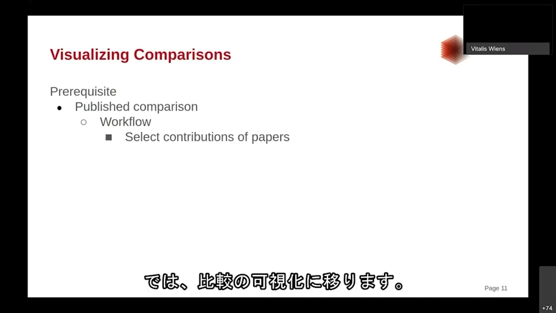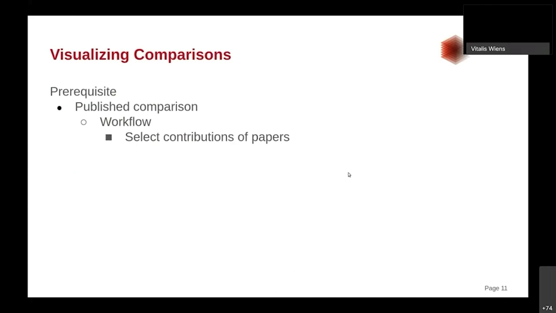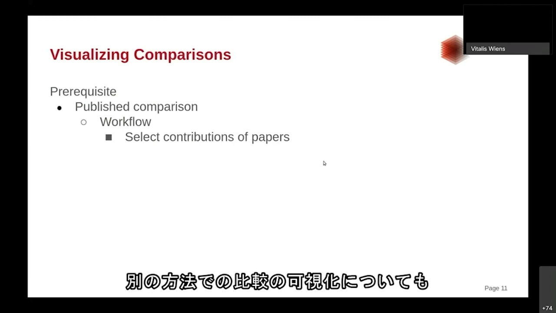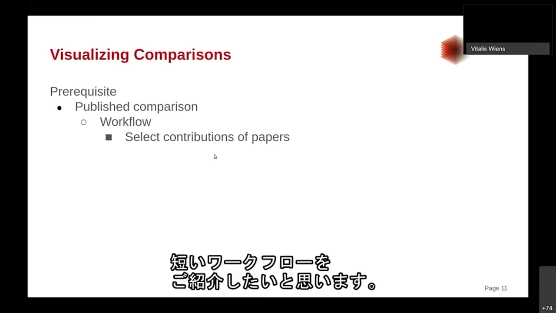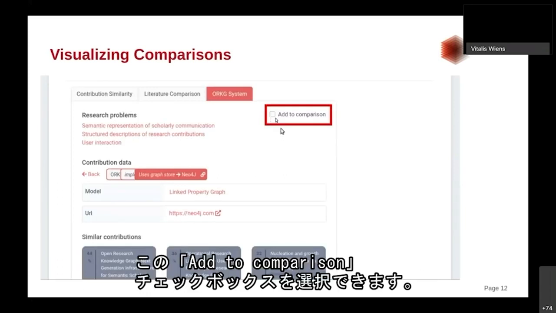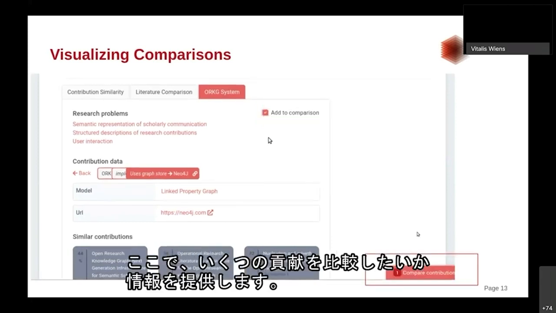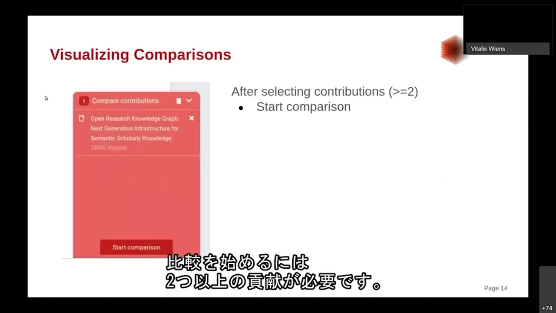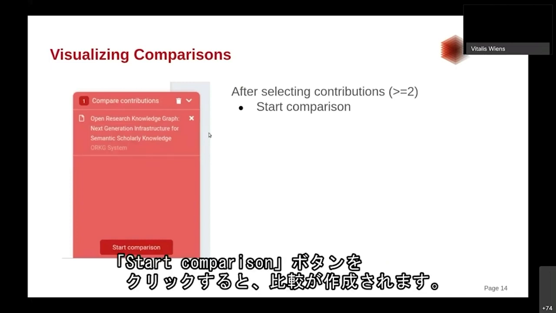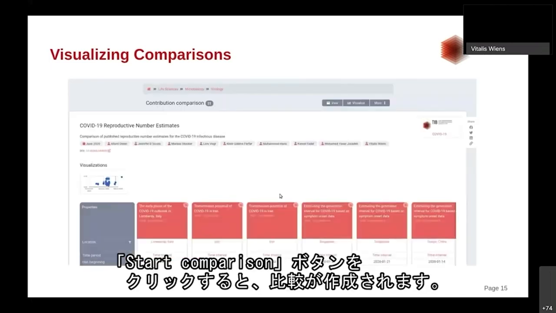And now we're coming to the visualization of comparisons. So a prerequisite is that we have published comparisons. And I want to show a short workflow, how you can also do this in a different way. So basically, when you go to a paper and you have a contribution, you can also select this add to comparison checkbox. And this will give you an information box showing how many contributions you want to compare. And you need to have at least 2 contributions in order to start the comparison. And basically, when you have selected the information that you want to compare, you can press the Start Comparison button, and this will then create the